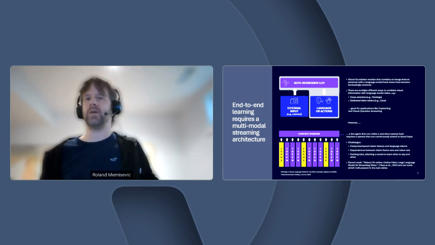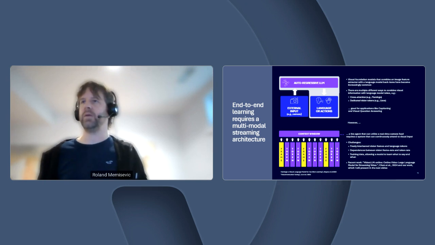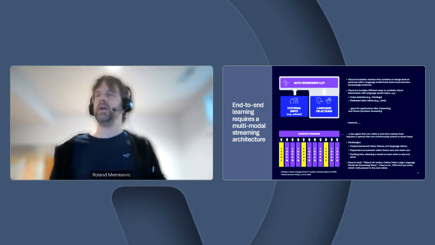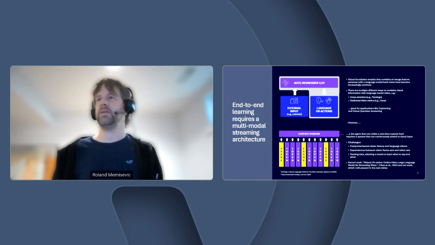They can also have a cross-attention mechanism that I'm going to get back to in a little while, where while the model generates tokens one at a time, it not only self-attends to the past language in its context window, but it also cross-attends to that input modality, for example, that vision feature.